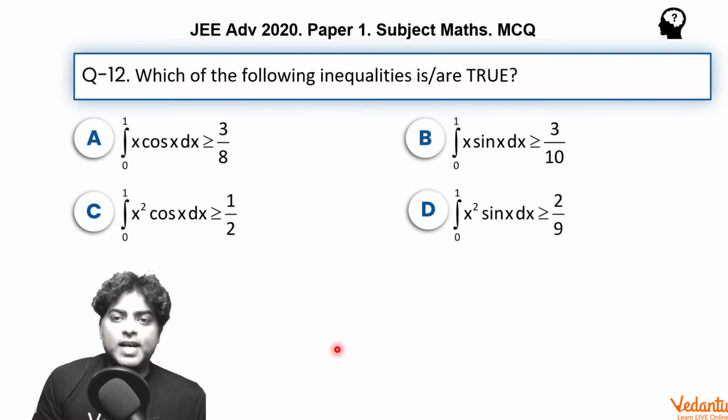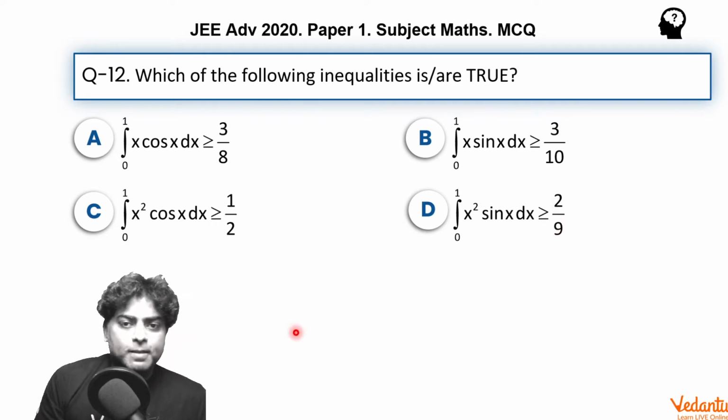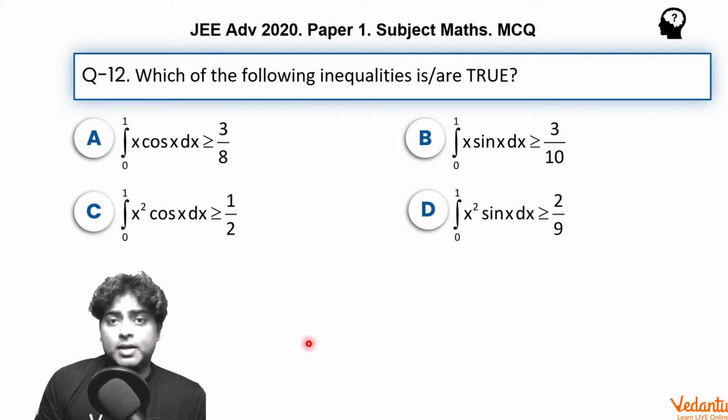However, in case of sin x, we know that sin x is less than or equal to x, and is more than 2x by pi. But pi is not there as far as options B and D are concerned. In the right hand side of B or D, pi is not there. So we need to think in some other, different manner.